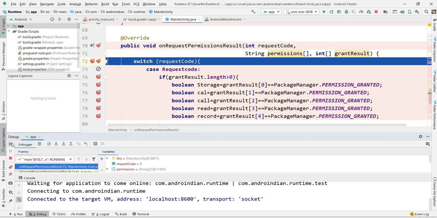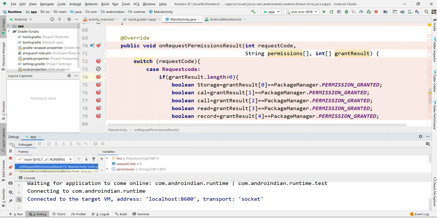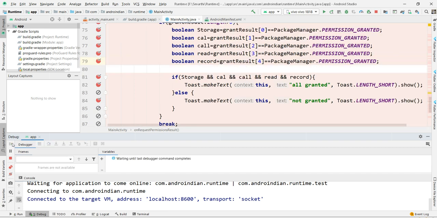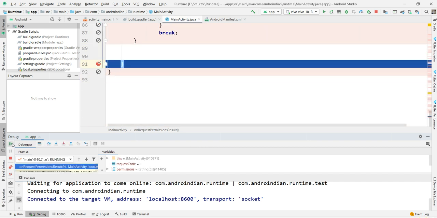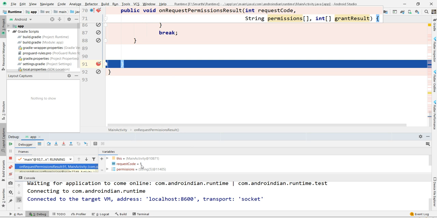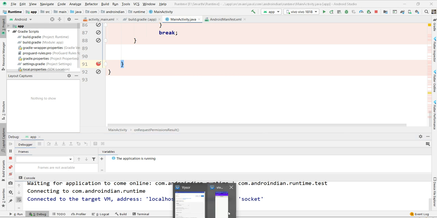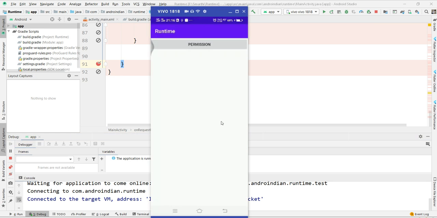So now I'm clicking on this. See, now it is checking again whether the permissions are granted or not, line by line. See, request code is 1, which means permissions are granted. Like this, see now debug mode has been disabled here. This is the way for each and every program we need to disable it.